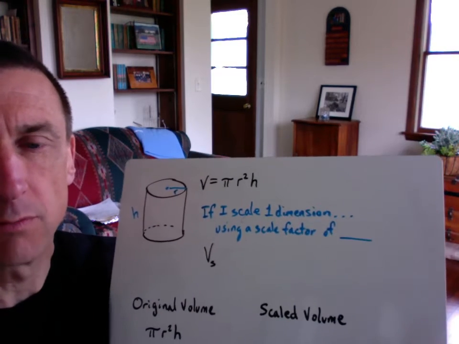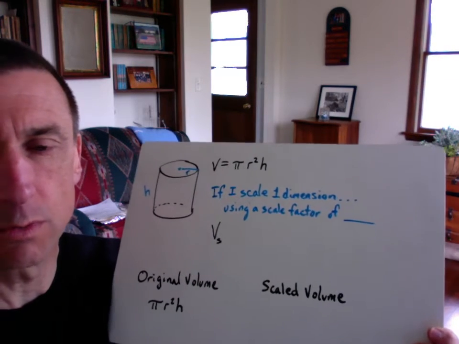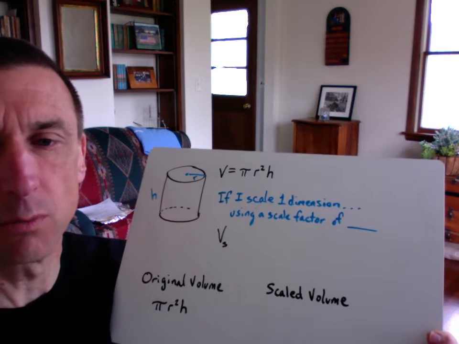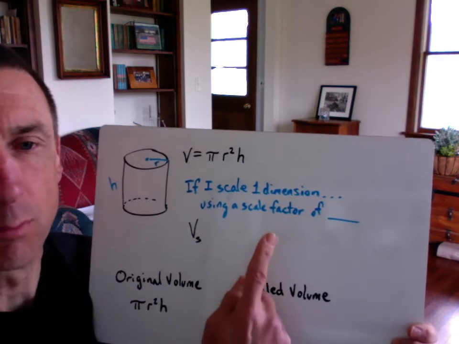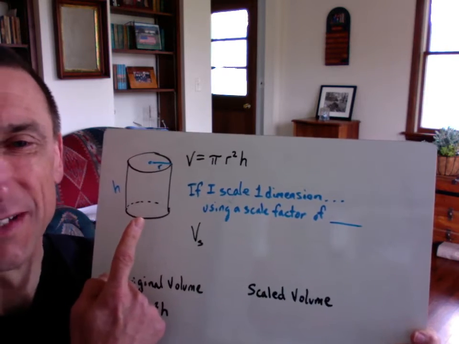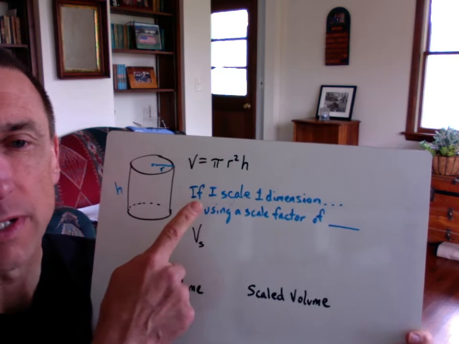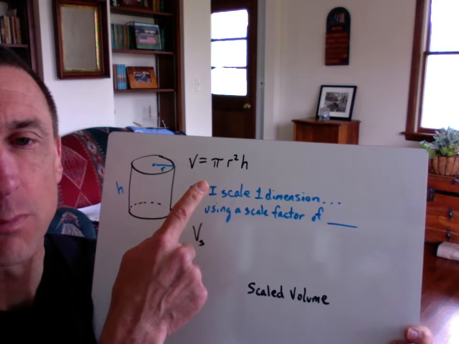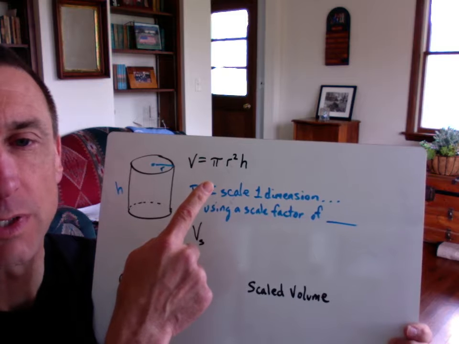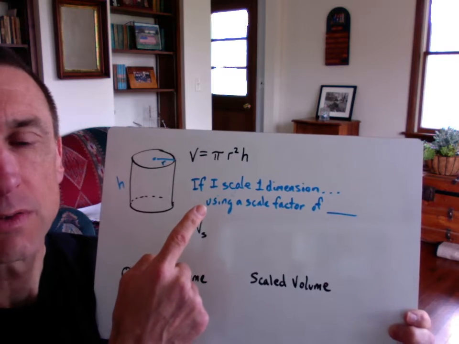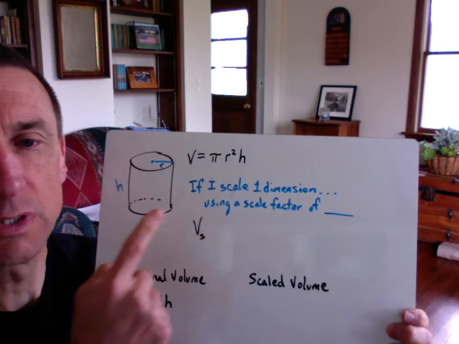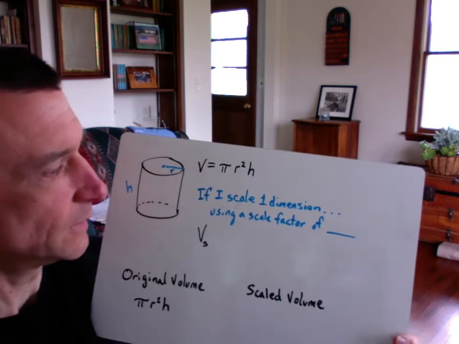Hey everyone, I'm going to try to give you some help with what happens when you scale a diagram in one dimension. Here I have a wonderful picture of a cylinder and the formula that I got off the top of the document, pi times r squared times h. If I scale in one dimension using a scale factor of, let's say, 3,